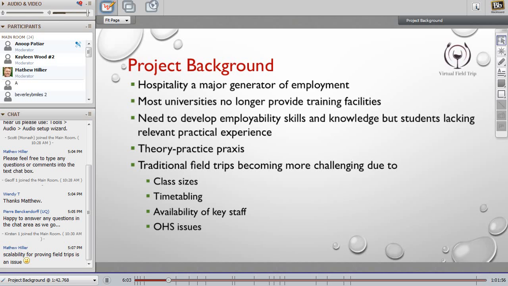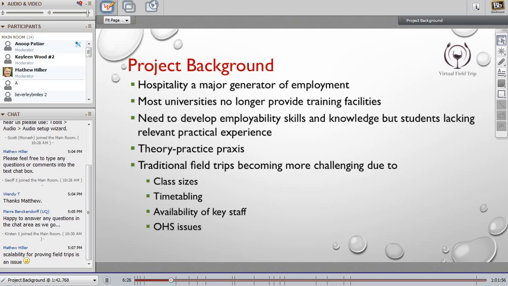Because of these reasons, way back in 2013-14, we decided to develop a virtual field trip and use technology. So rather than taking students to the hotels, bring the hotels into the classroom.